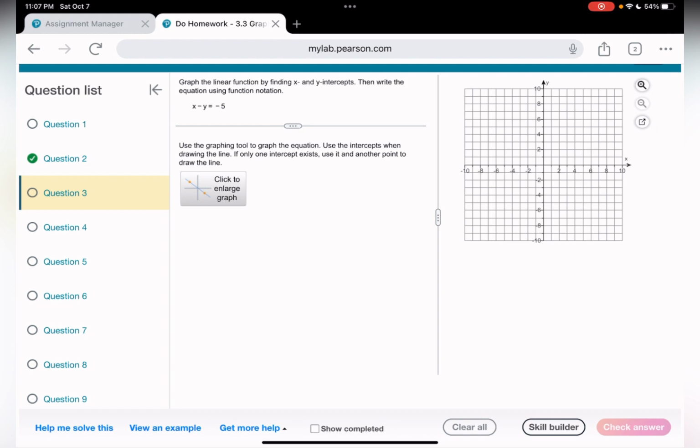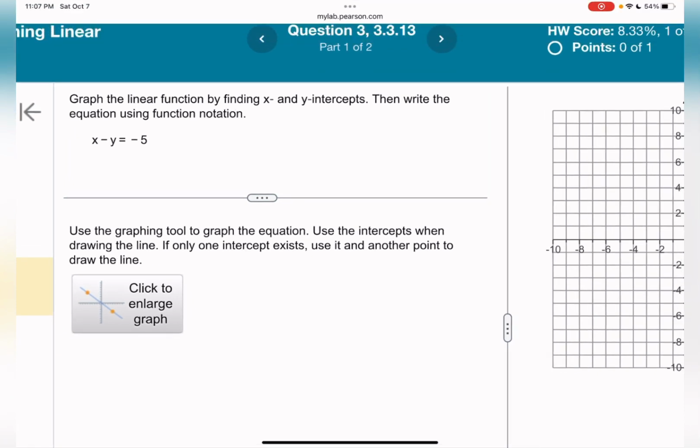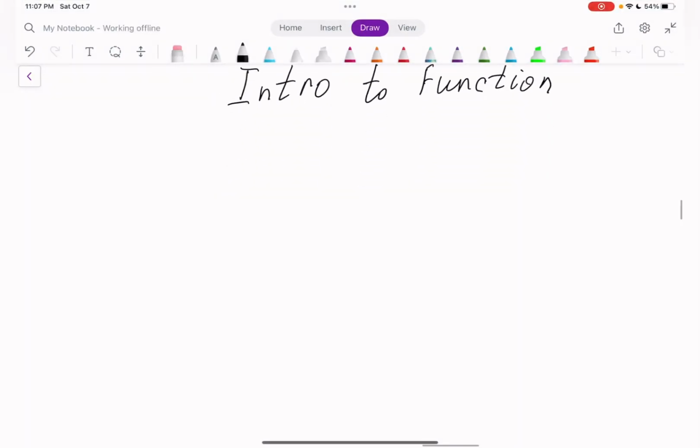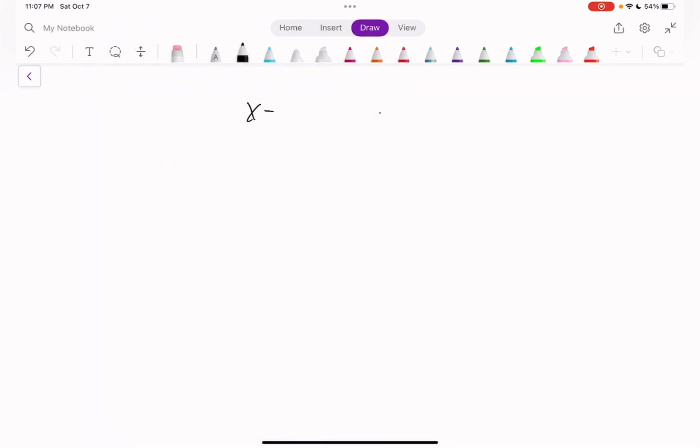How are we going to solve this one? This one, question number 3, I'm going to solve by x and y intercepts. So what do we have? X minus y equals negative 5. What does finding by intercept mean? Meaning, if I have this graph, let's say, this intercept and this point, I need to find them. To find this point, x is going to be equal to 0. To find this point, y is going to be equal to 0, right? Therefore,